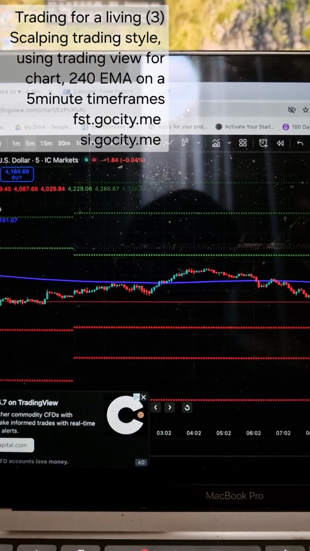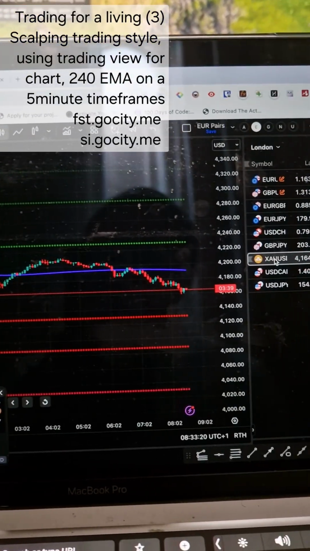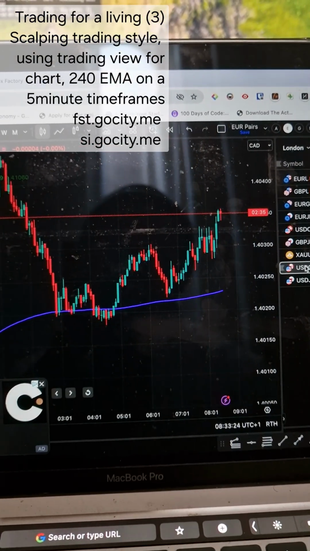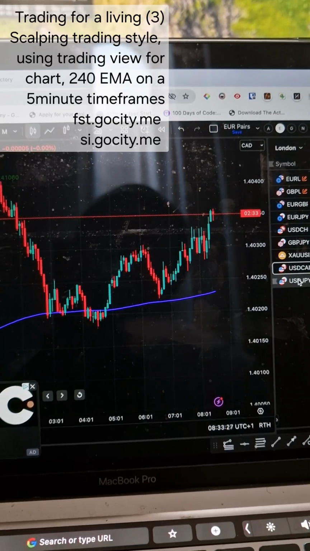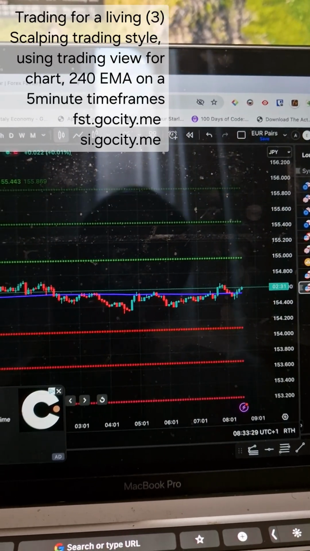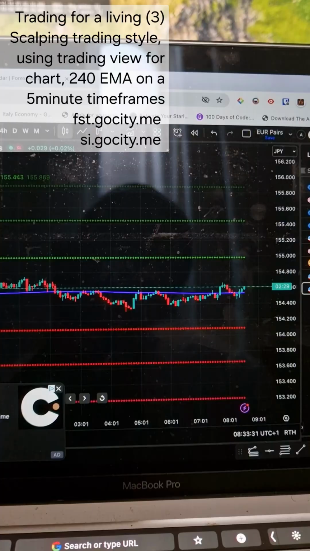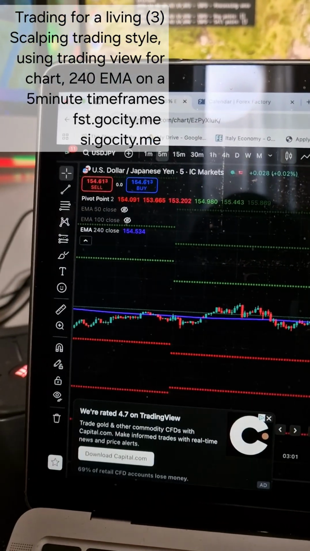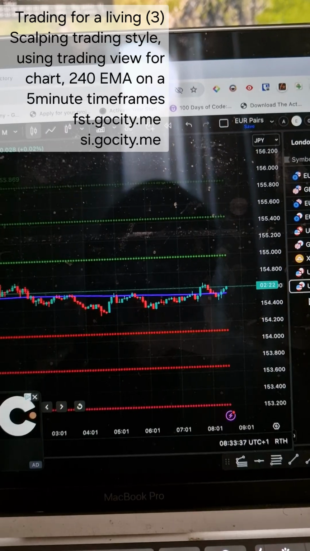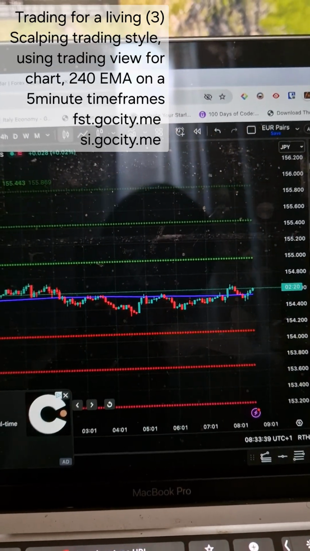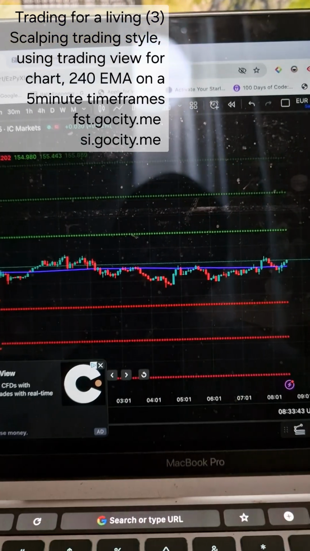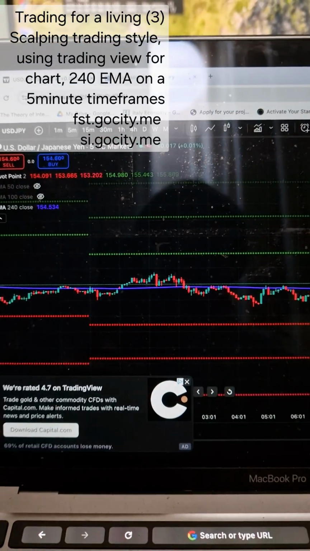This is good. This is USD CAD, and finally this is USD JPY. And you can see very well how the supports are acting very well, in line also with the